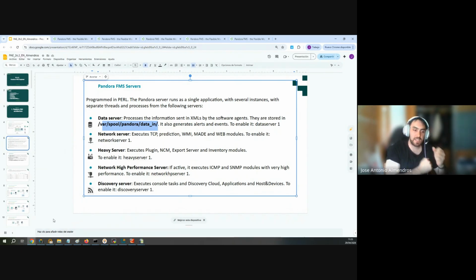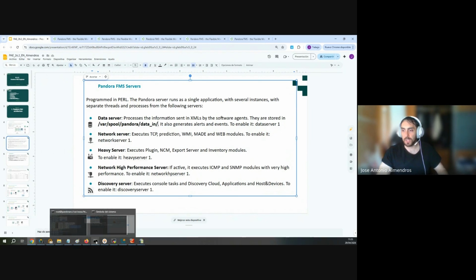If we receive more XML files than the machine can process, because of lack of resources or something like that, or because of a storm of XML files received after the XML buffer that we saw before, or losing connection with the software agent for a long time,